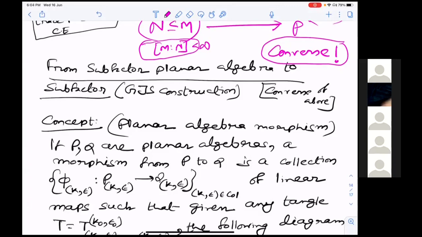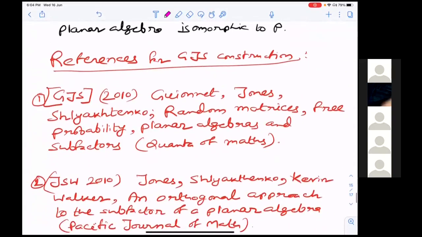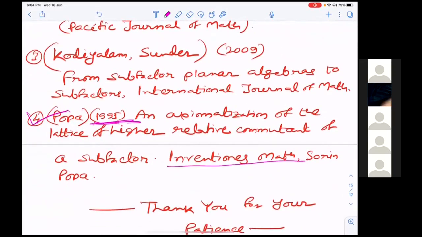And there is another description by representation theoretic stuff. This is by Ocneanu, called paragroup. We will not do that, but what I meant is that given a subfactor planar algebra, which is the same as a lambda lattice, Popa, in an Inventiones paper in 1995, has reconstructed a subfactor from the lambda lattice.